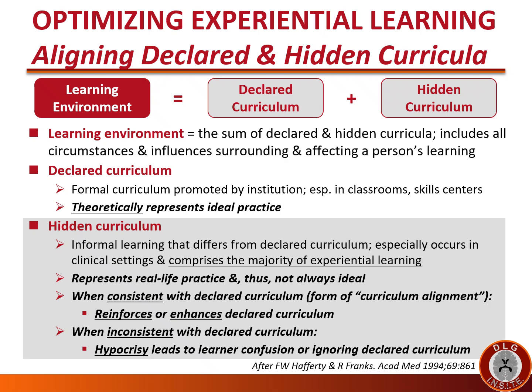Another important concept to consider when optimizing experiential learning is aligning the declared and hidden curricula. The learning environment, which is all the circumstances and influences surrounding and affecting a person's learning, consists of the sum of declared and hidden curricula. The declared curriculum is the formal curriculum promoted by the institution, especially in classrooms and skill centers, and theoretically anyway, represents ideal practice. The hidden curriculum is informal learning